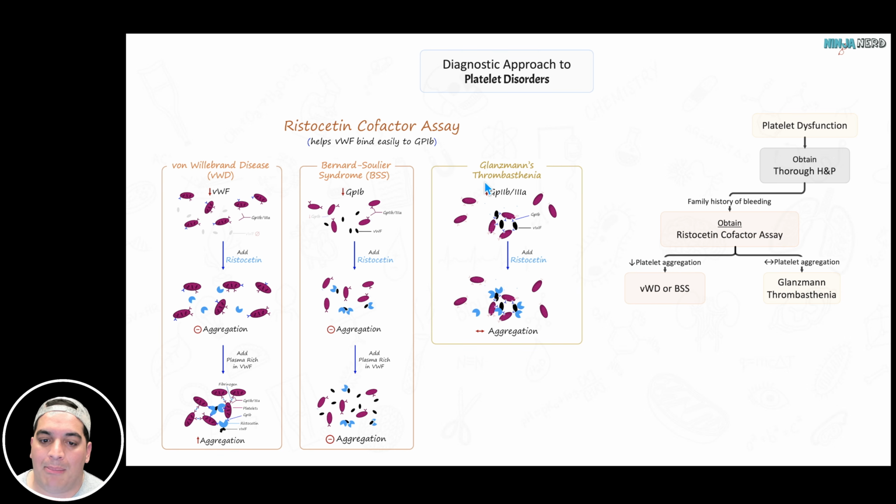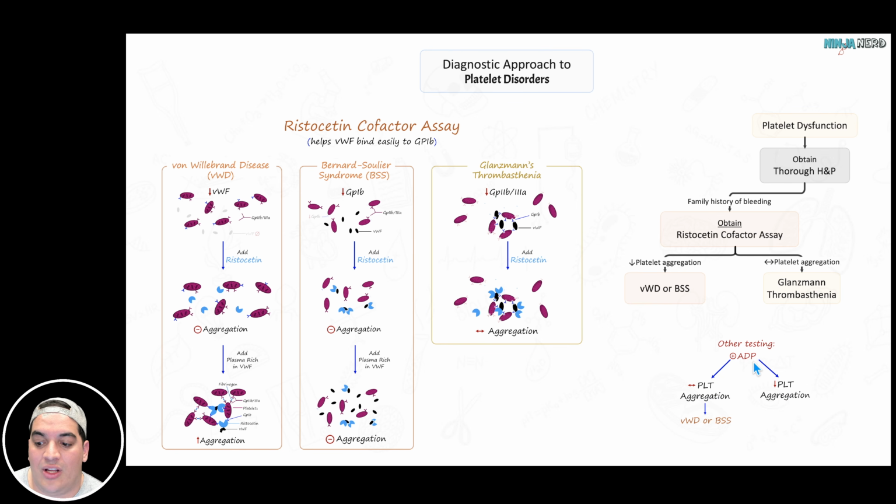But it's not a problem with this one. So it's not a great test. So actually, what we like to do with Glanzmann thrombasthenia is expose them to specific agents. So we'll give them ADP, adenosine diphosphate, and that should help to express GP2B3A, right? And you look for normal platelet aggregation, and that could potentially suggest, oh, von Willebrand disease or Bernard-Soulier syndrome,